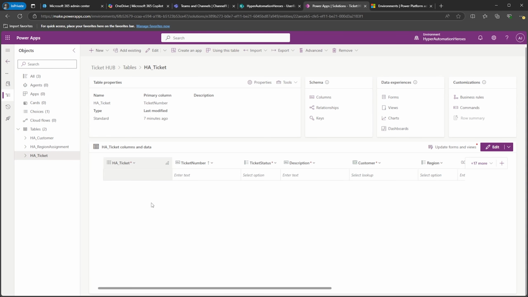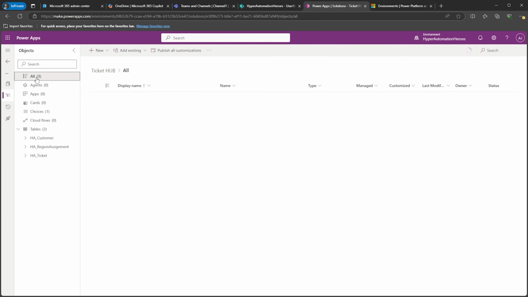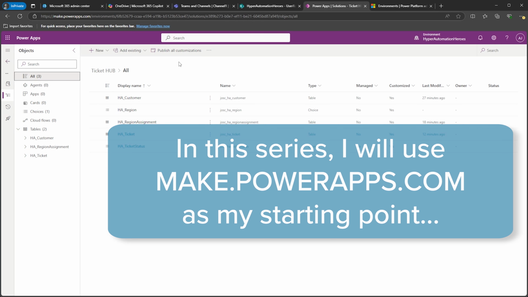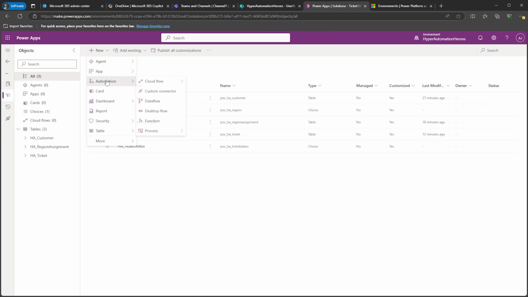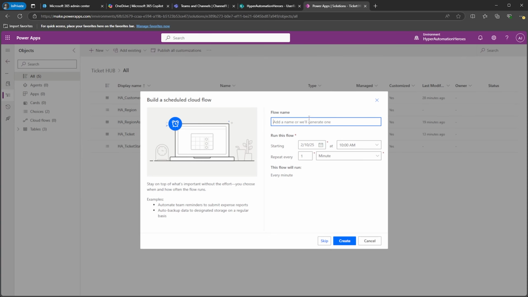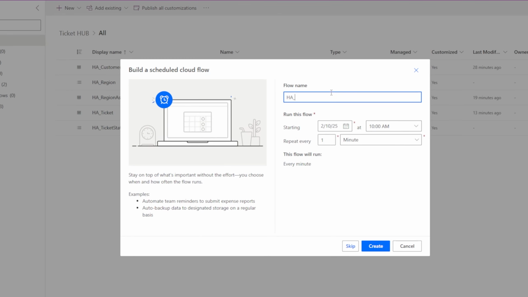So let's go back one step and click, for example, on all here in our solution. After this is refreshed, you should now see your tables and the choices that we have made. And in here, we are going to say new automation cloud flow, which is basically Power Automate, and then go for schedule. And the name is hyperautomation_